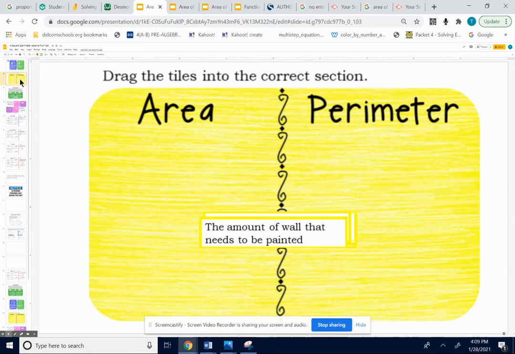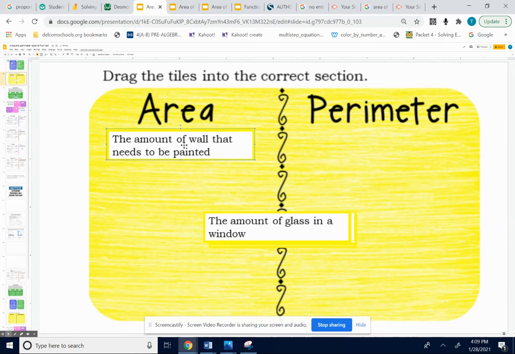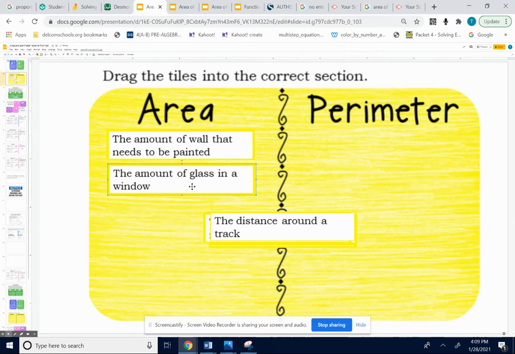On the next slide, we want to think about which of these situations are talking about area and which are talking about perimeter. The amount of wall that needs to be painted: that's the space that's covered up. Think about being covered up. That's area. The amount of glass in a window: that's the space inside the window that's covered up. The glass is covered up. That's area. The distance around a track: